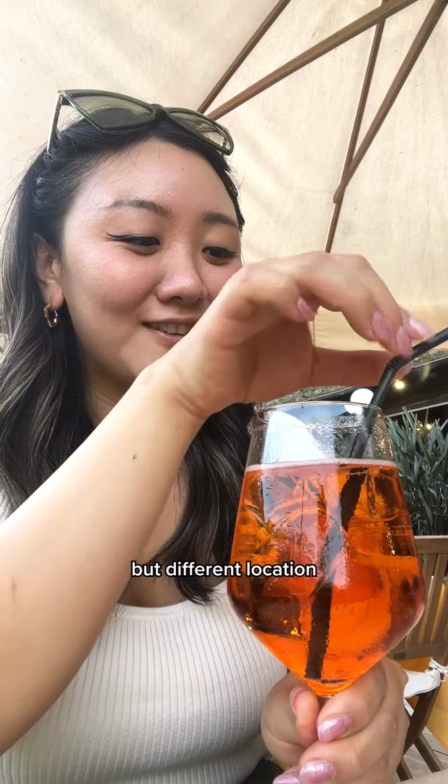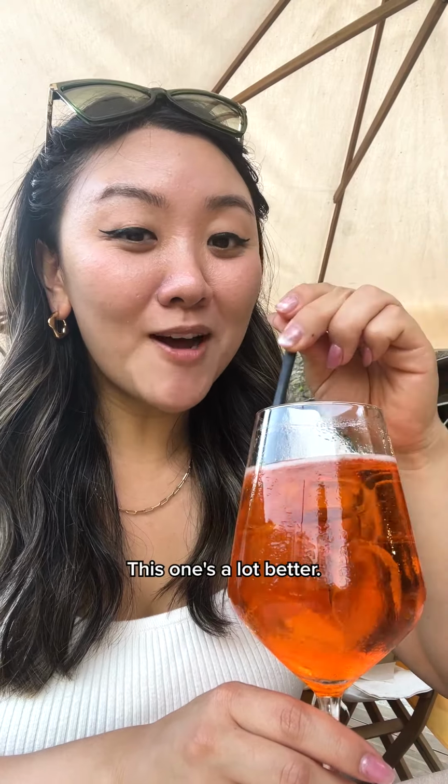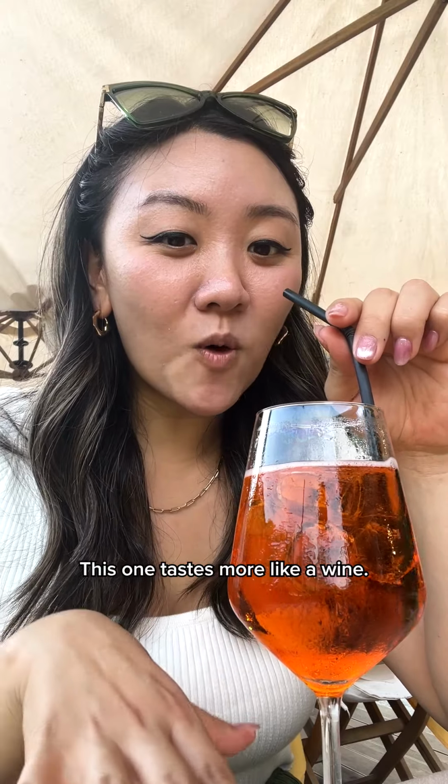I'm gonna retry the Aperol Spritz, but different location. Ooh, wait. This one's a lot better. It's not as bitter. It's not sweet or fruity, but it is much nicer, much smoother. This one tastes more like wine. I mean, I still like my drink better, but...